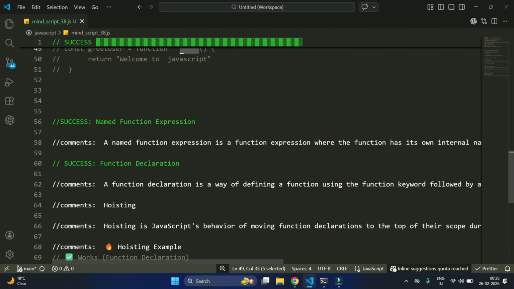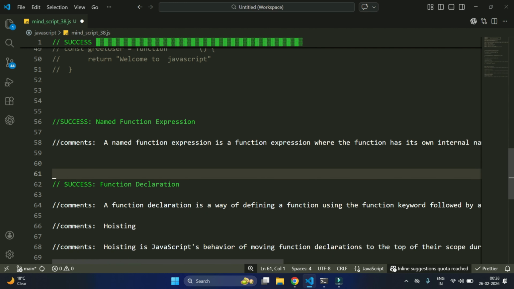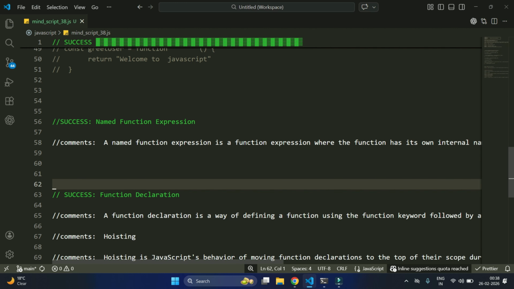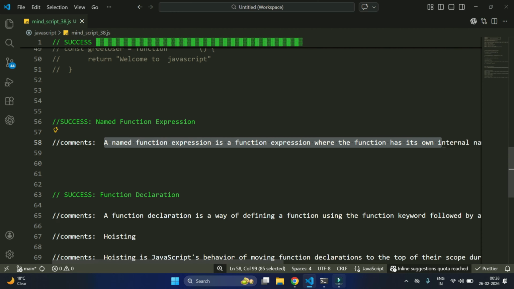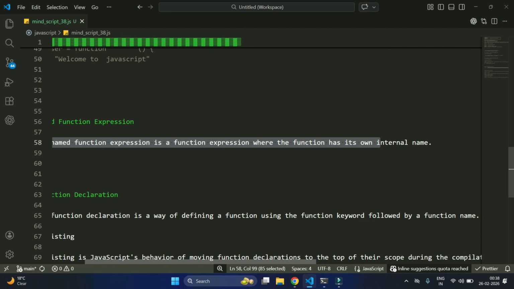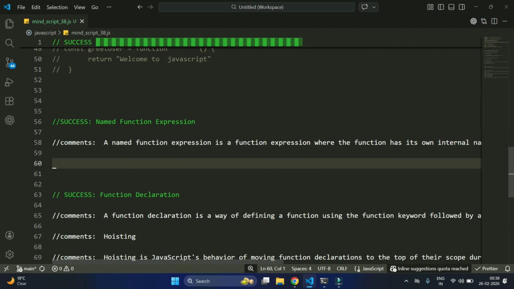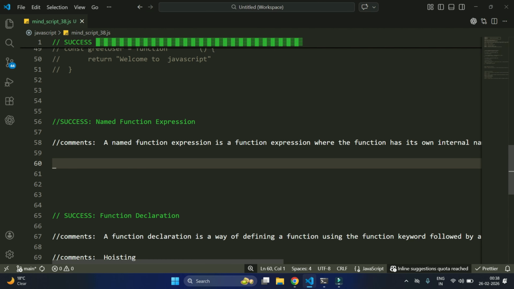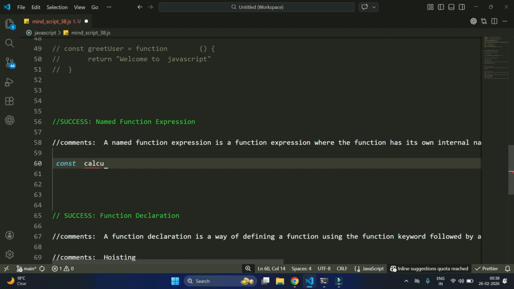The next is about named function expression. You already know about this one, okay. A named function expression is a function expression where the function has its own internal name. You already know about that. Let's create a function, const calculate sum. It is equal to function